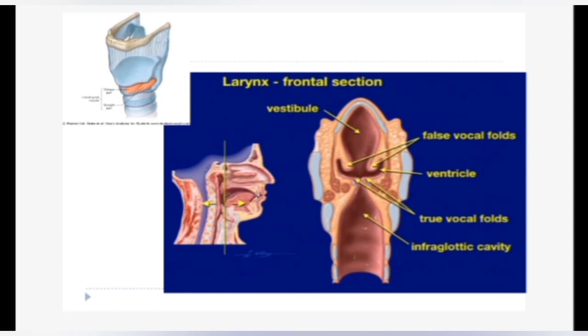The rest of the larynx is lined by typical respiratory epithelium, that is pseudostratified columnar ciliated epithelium with goblet cells. The lamina propria consists of fine connective tissue. It contains the lymphatic nodules and many simple branched tubulo-alveolar glands which are of mixed variety. Then there are intrinsic muscles of the larynx which are of skeletal type.